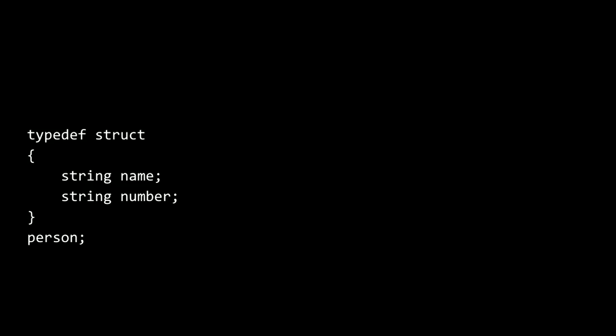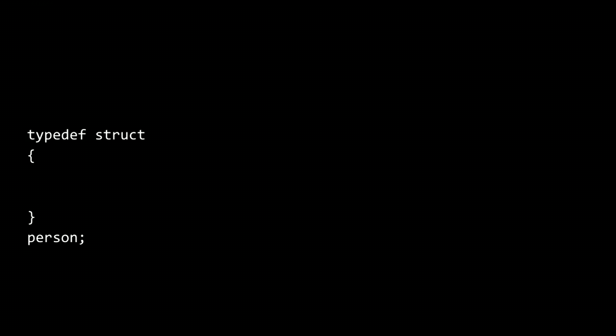Recall that when we last saw structs in C, we did something like this to define a person as having two things associated with them, a name and a number. So today we don't care about persons and names and numbers. We care about these things we're going to start calling nodes. So let me go ahead and rewind from that, erase that, and let's instead say that every node in this structure, renaming person as well to node, is going to have a number, which will be an int in our case here. And I've left room for one other value,